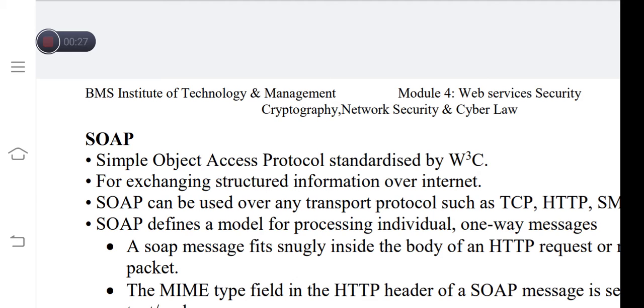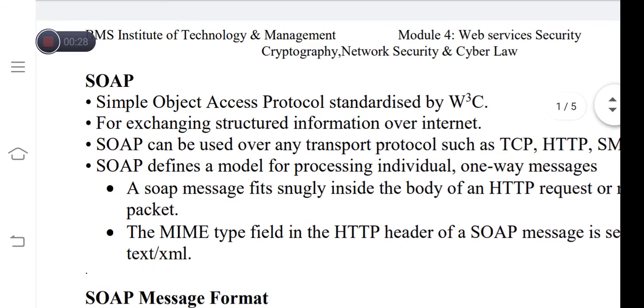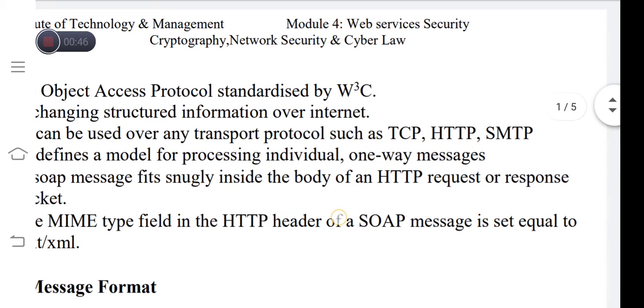The SOAP concept. SOAP stands for Simple Object Access Protocol, which is standardized by W3C, and it is used for exchanging structured information over the internet. SOAP can be used over any transport protocol such as TCP, HTTP, and SMTP.